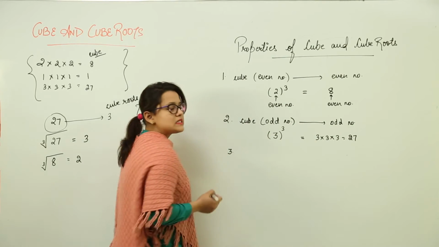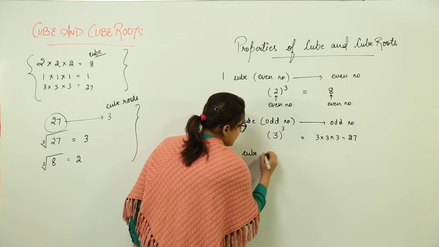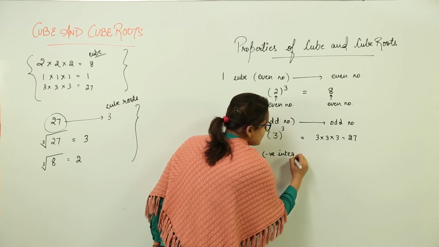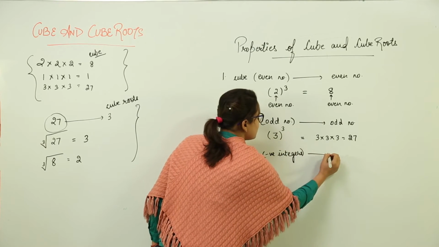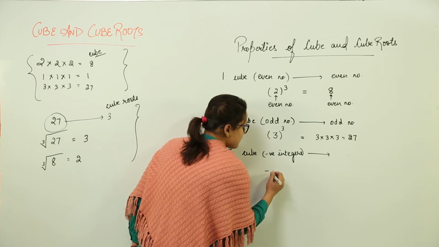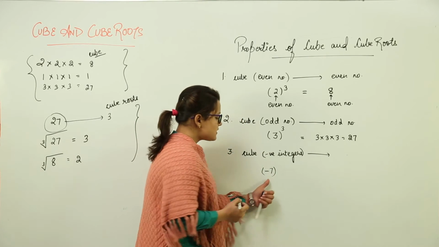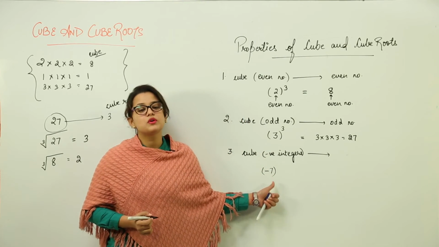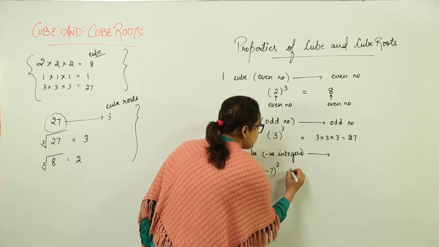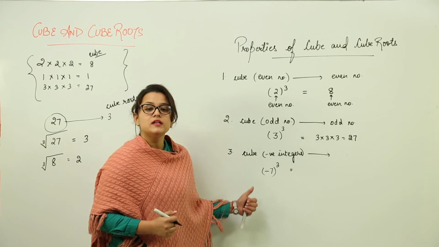The third property says that when you take the cubes of negative integers. Now let us actually do an example again to find the result for this property. Now let us take the cube of any negative integer. For example, let us take minus 7. Now this is a negative integer. Why is it negative? Because it has a negative sign, right? Over here we take the cube of this number. That would be equal to, now cube means this number is going to get multiplied 3 times.